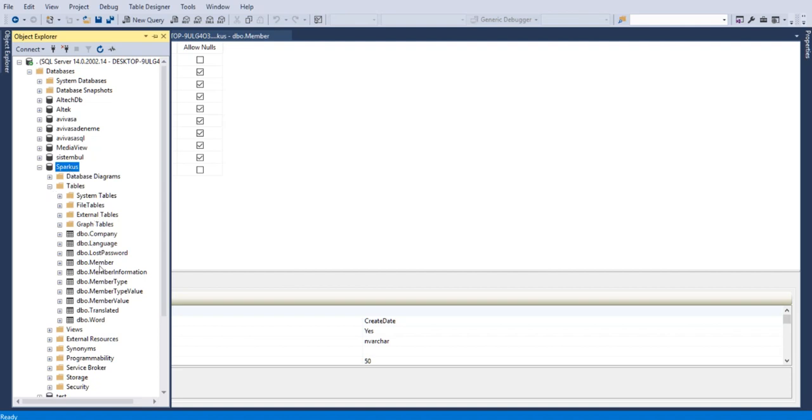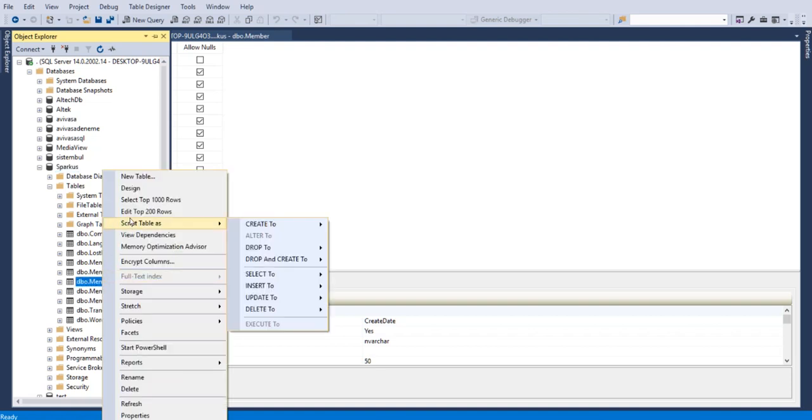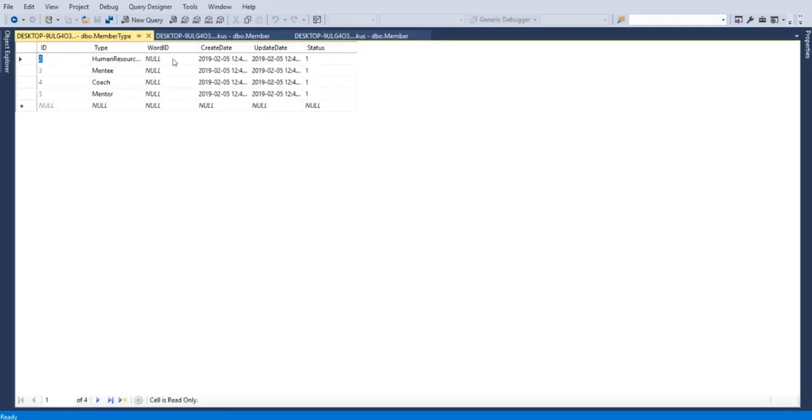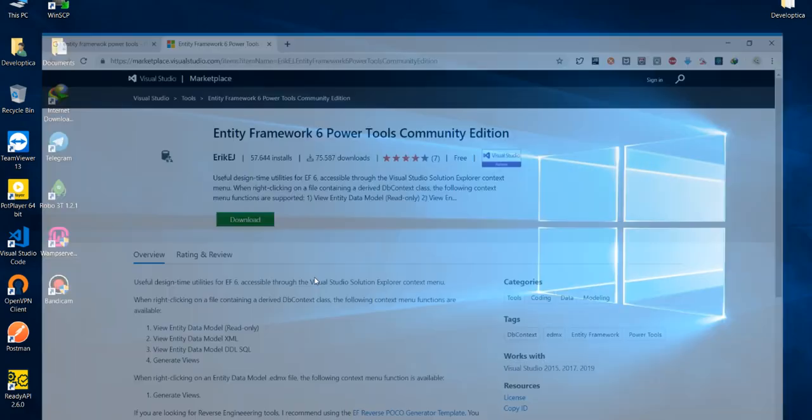I have several tables and I'm going to do this job on my database Sparkus. There are some tables, members, member types, and etc. I have already added some data in my member type. For example, there's human resource, mentee, coach, mentor, update date, create date, and some other data. But for starting this job, I go to my